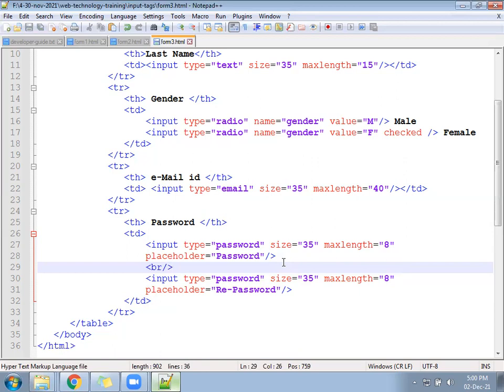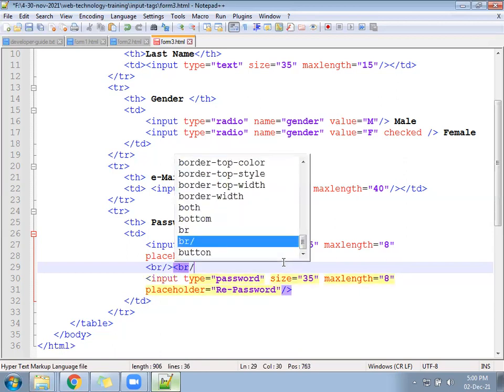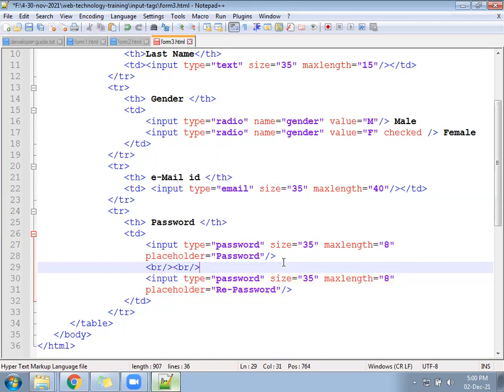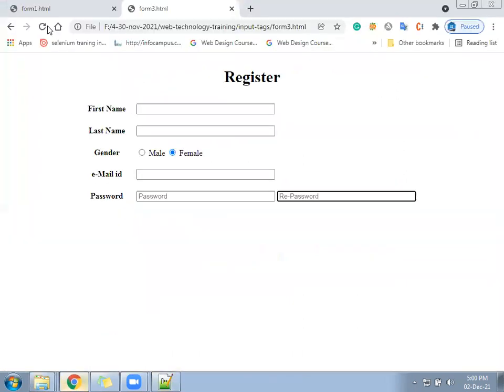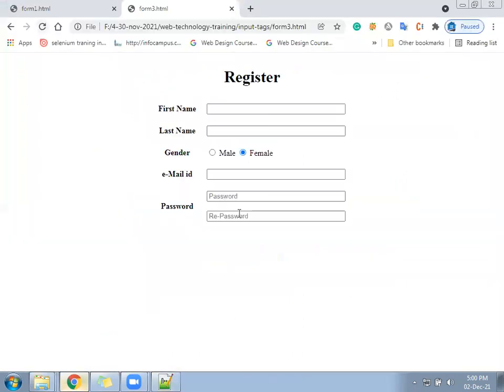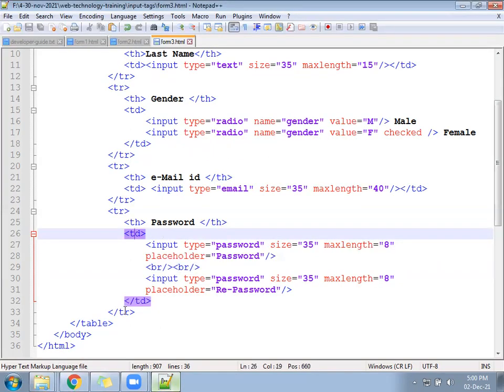Write two BR and check once. This is perfect. Password and then repassword. Please confirm once, look similar in the chat.